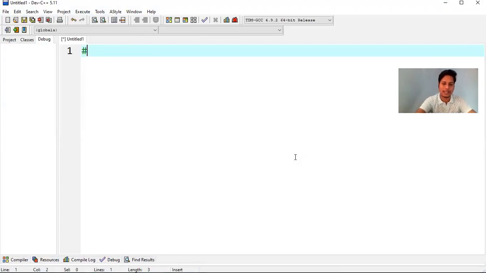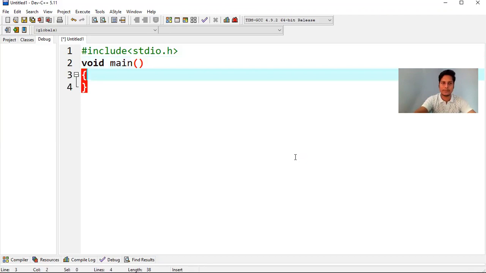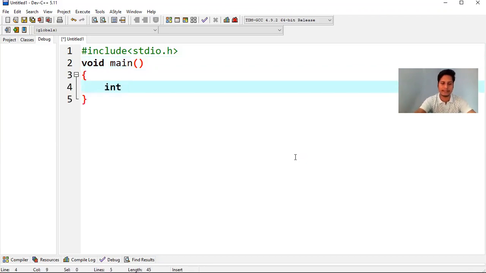Okay, so here I'm declaring #include stdio.h, void main, bracket closing bracket, int x is equal to 50 comma asterisk ptr semicolon.